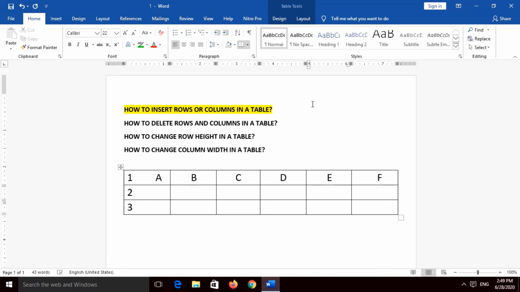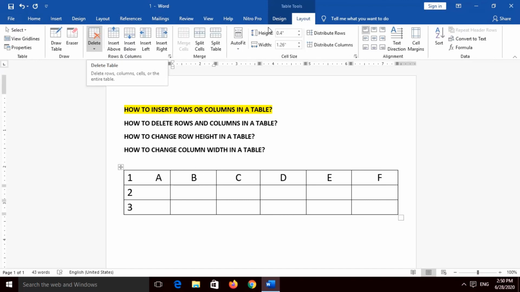So now we will see how to delete rows, that we will see first. So there are 3 rows. Let us say I want to delete the third row. So what I need to do, again we will put the cursor on the third row somewhere on any cell. Generally we put it on the first cell, but you can keep it on any cell. So after putting the cursor over there, just go to layout option, and when you go to the layout option, all the options of the layout ribbon come on the screen at the top.